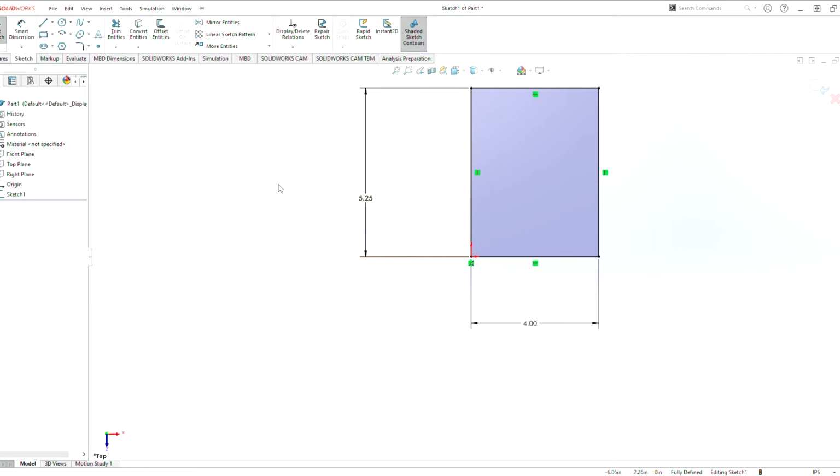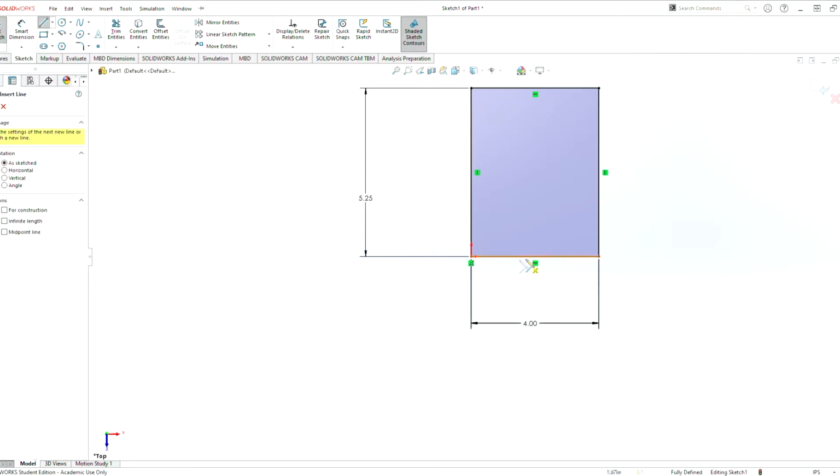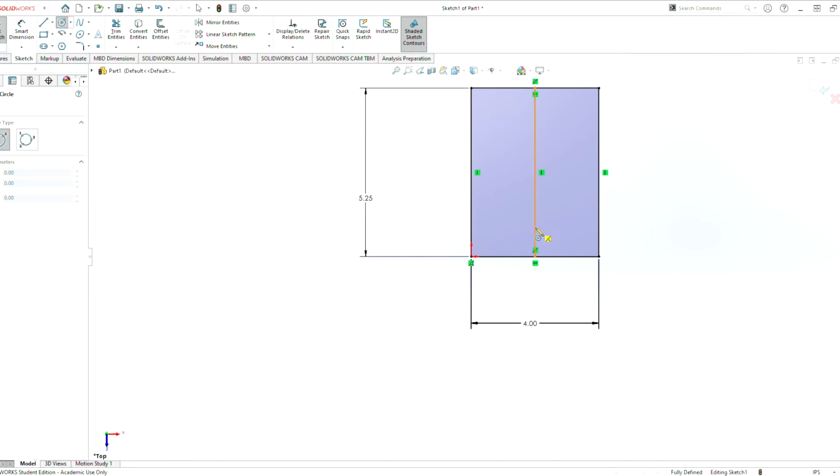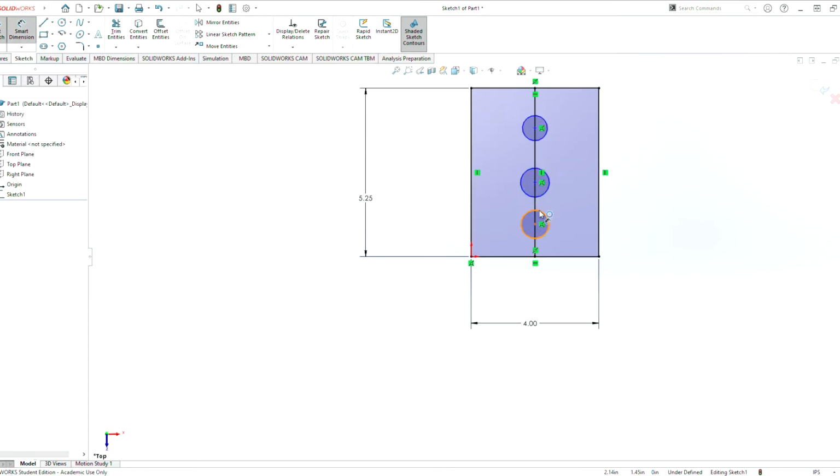From here, we can now add in the holes for our output shaft, our bearing, and our motors. All those holes are going to be in the middle of this gearbox. And we're going to start off with the output shaft, just a circle that is on the center line here, and then another circle here for the middle one, and then for our motor. We can do a smart dimension here